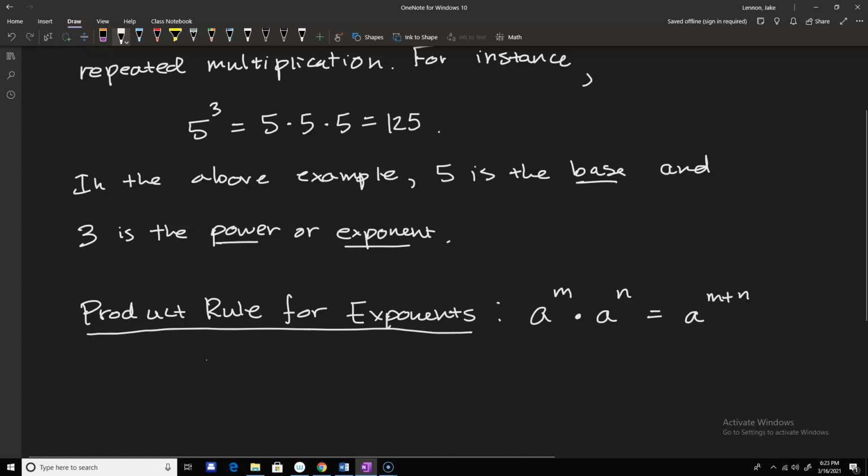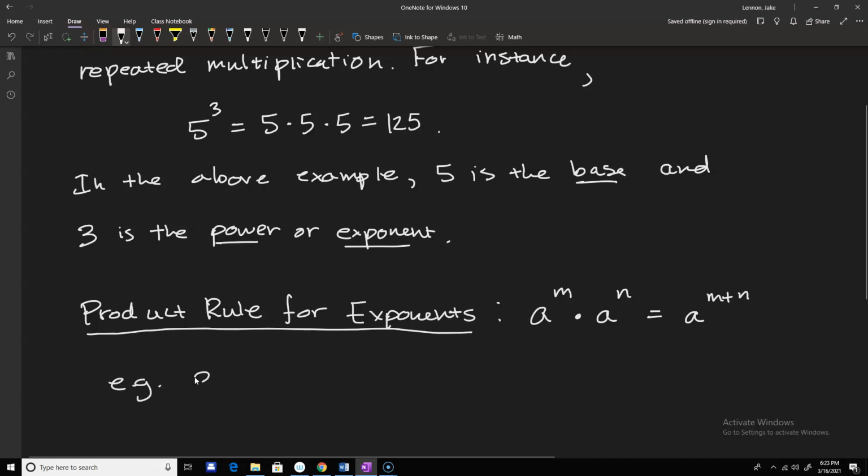And that makes a lot of sense if you would just look at an example. The question is, when students see this expression a to the m times a to the n, a lot of times they'll mistakenly multiply m and n, but in this example, you add them. And the reason why,